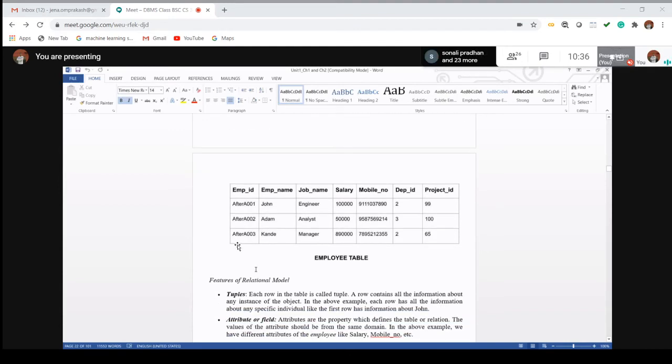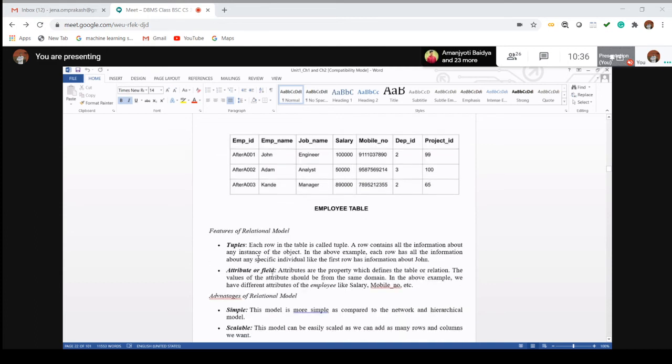So what are the features? It has to be represented in the form of rows and columns. The rows are called tuples, the columns are called attributes or fields. The rows are called tuples, and the column values like employee ID, employee name, job name, salary are all called individual columns or attributes. What is a row?